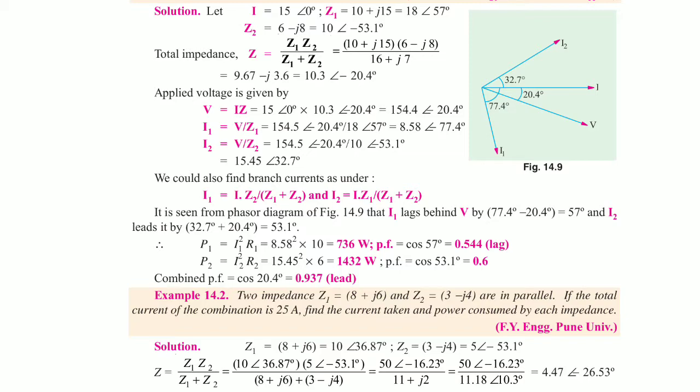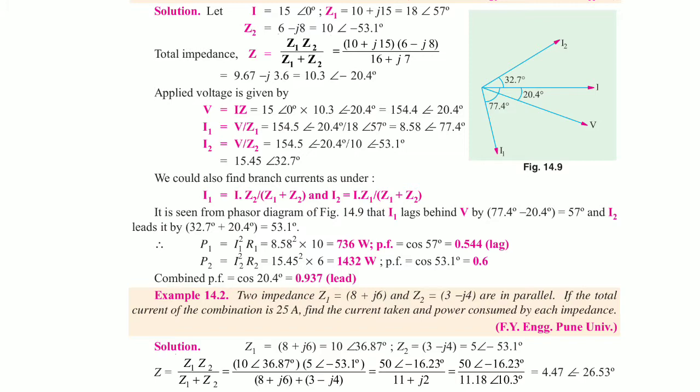I1 lags behind V by 77.4 degrees minus this current's 20.4 degrees, which gives 57 degrees. So here the phase angle between the voltage and I1 is 57 degrees. I2 leads, so it is 32.7 degrees plus 20.4 degrees, which gives